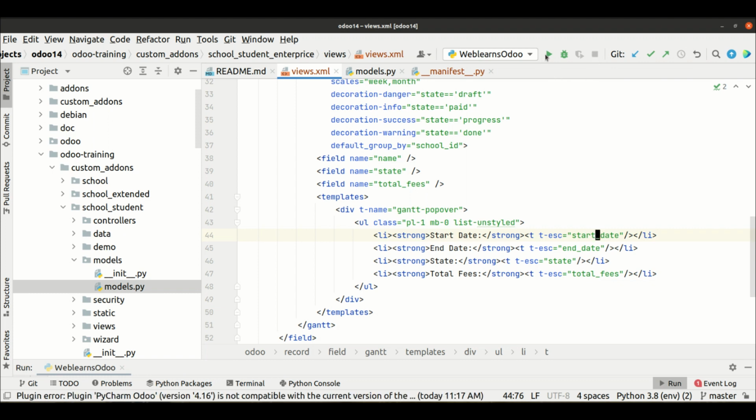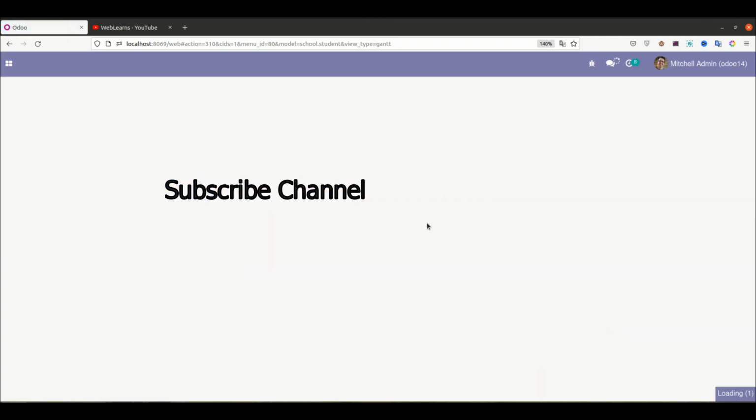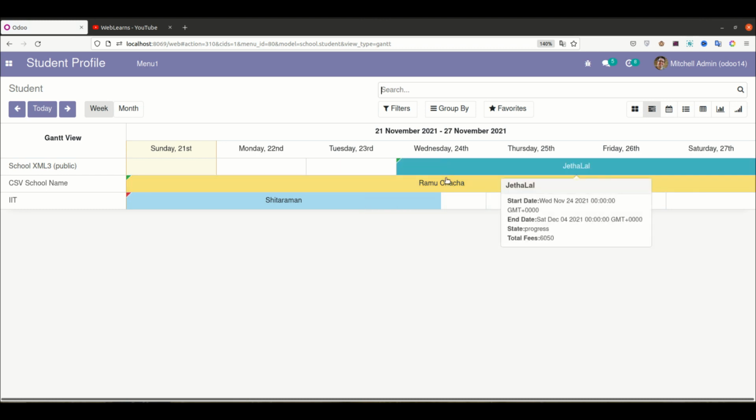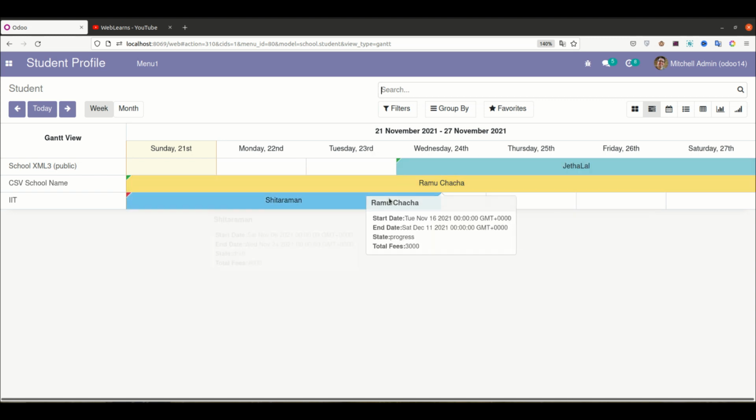So for that one, let me upgrade one more time and try to refresh the page, and now you can see the start date, end date, stat, and the total fees are displayed like this. You can add more fields based on your requirement.